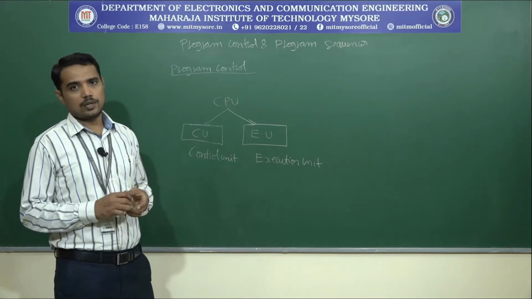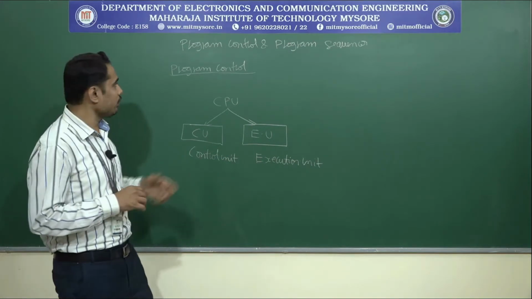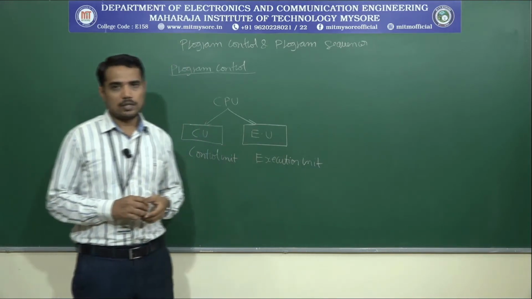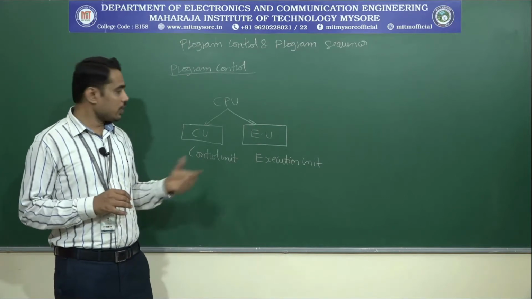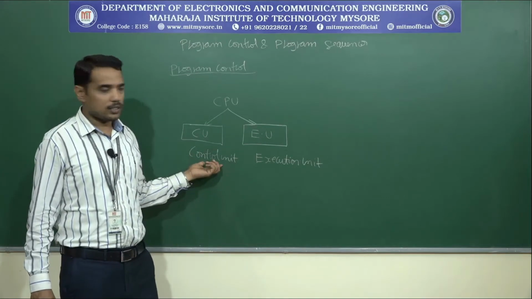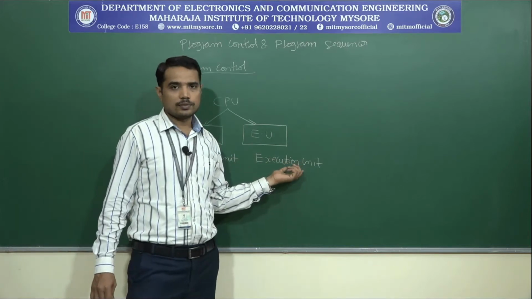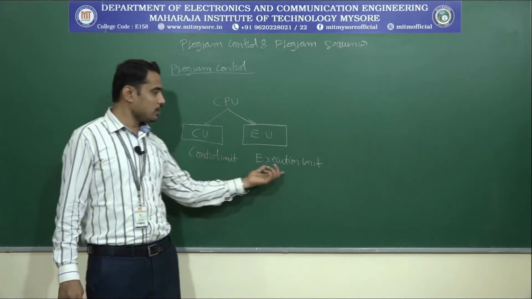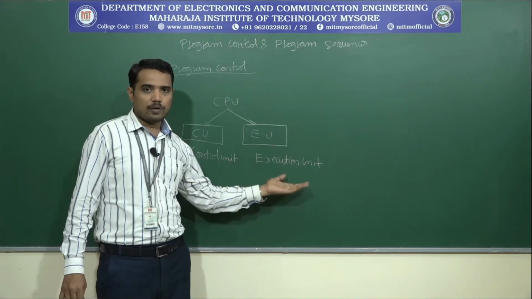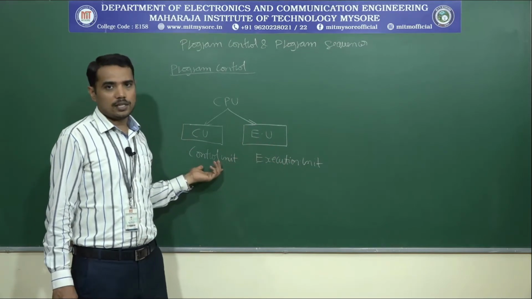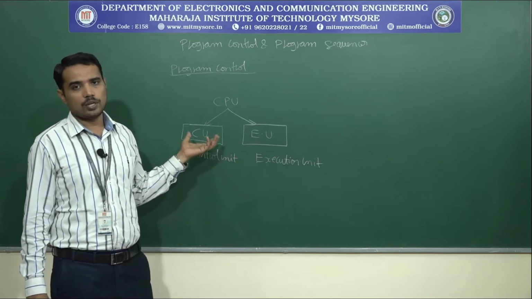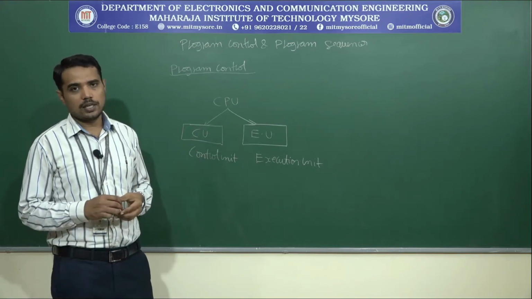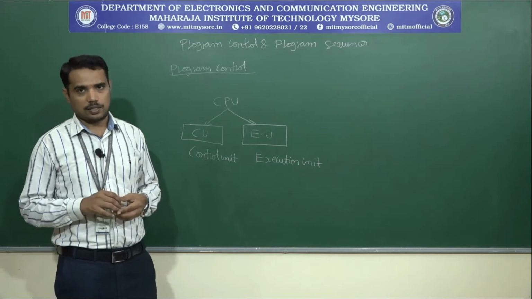How well the control unit is controlled for the purpose of the program, if that is the case, then execution goes in a smooth way. If the control is not achieved to a greater extent, then execution will also not be in a proper way. In order to take the execution of the program in a proper way, we have to concentrate on the control unit, and how the program control is achieved in order to access the instructions and execute the instructions.